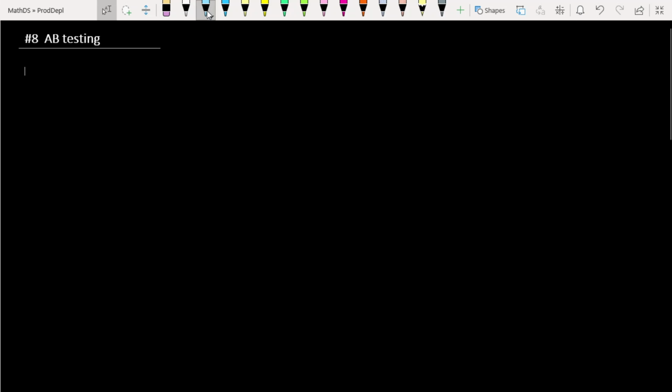A/B testing, but sometimes the mathematicians and scientists call it bucket testing, or split run testing, or control experiment. There are various kinds of names. But in general, we use this as A/B testing. Sometimes it is called bucket testing,